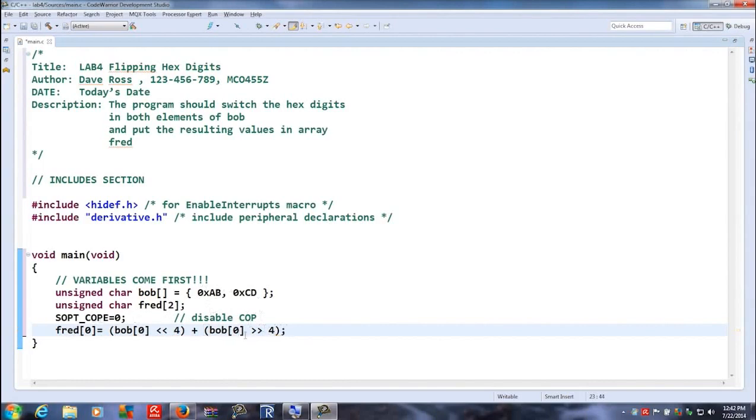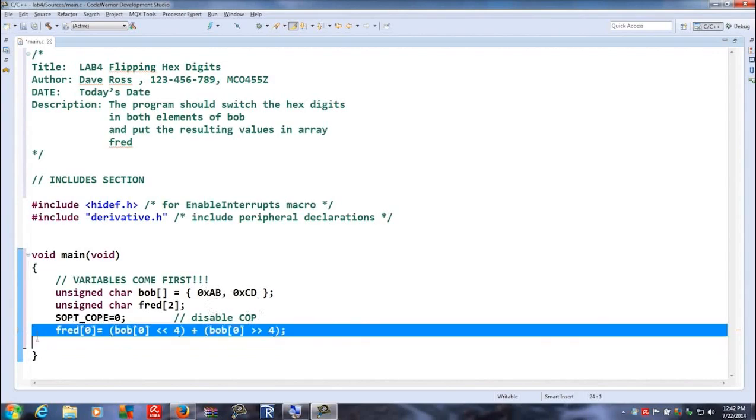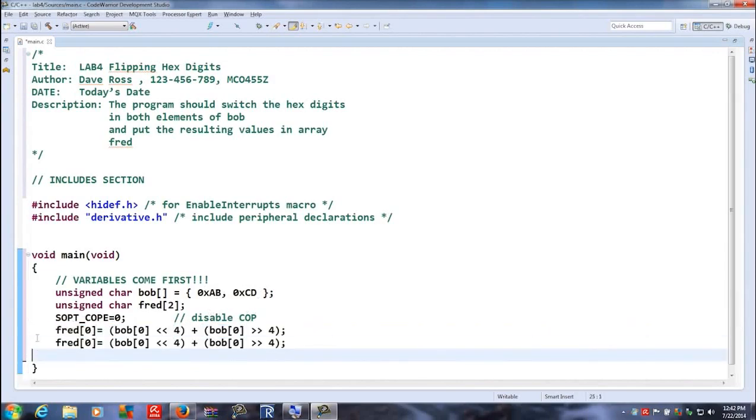Now, I like to be efficient. Efficiency is the height of laziness, so what we're going to do is try and be as efficient as we can, because the second digit, we're going to be doing exactly the same thing. We're going to be taking Fred of 1 is now going to be Bob of 1, shifting this way, and so forth. And the last thing we have to do is make sure that our code never goes past this